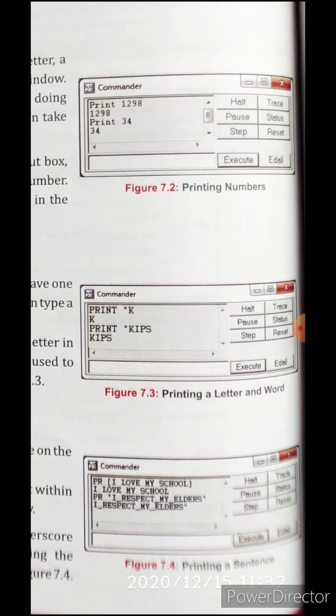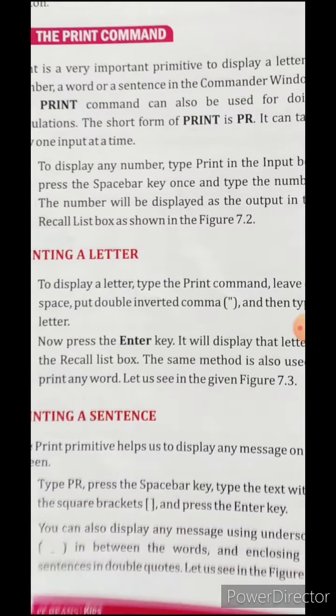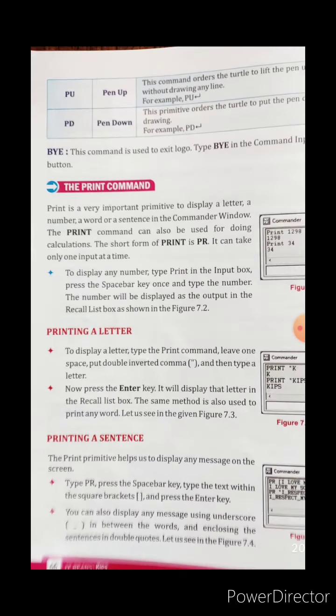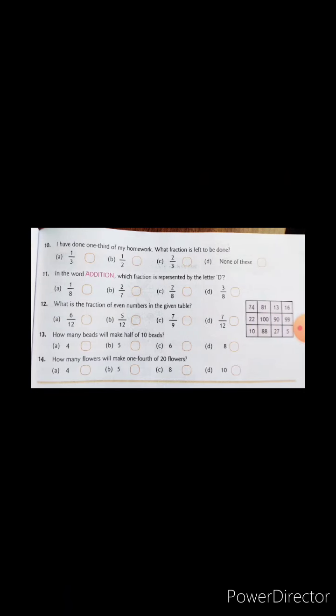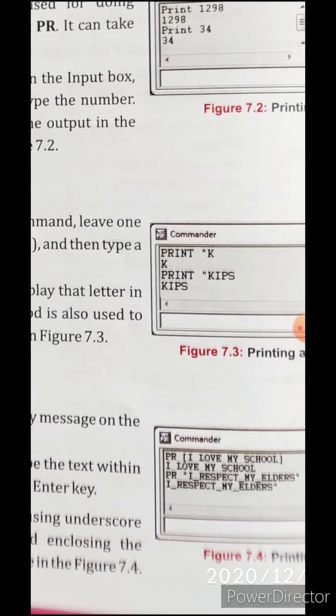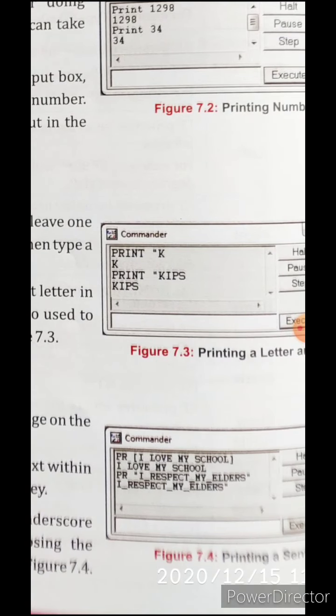You need to give the brackets, and if you forgot to give the bracket, then you can also display any message using underscore. What we usually call a dash, the actual term is underscore. So if you forgot to give the bracket, then you can write it in inverted comma, starting from one part and ending at another.